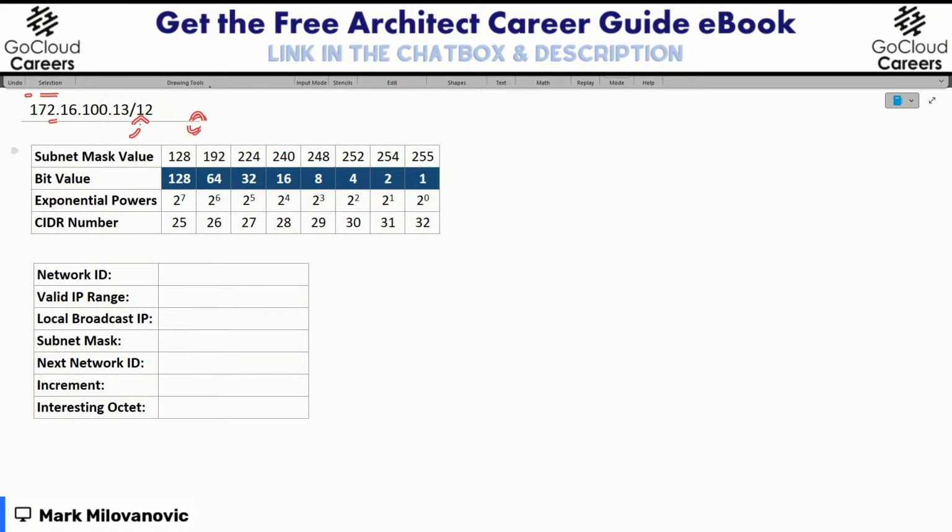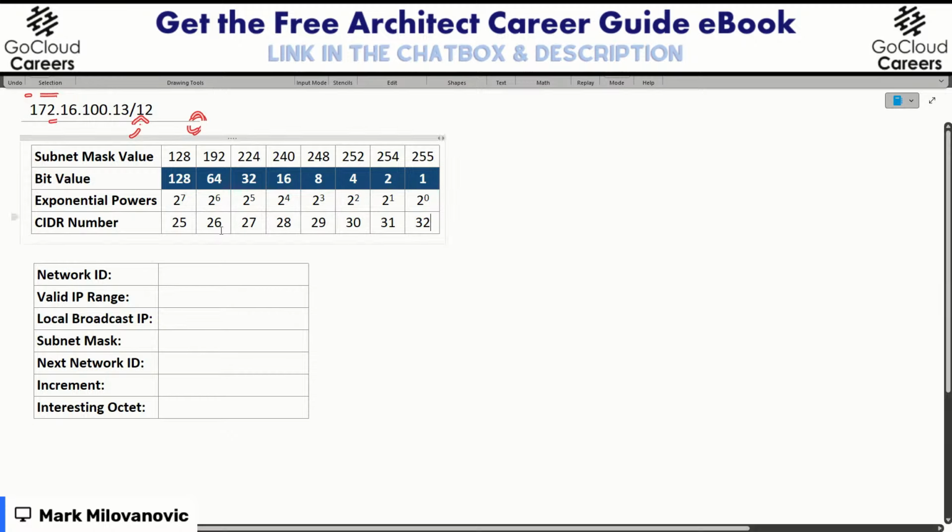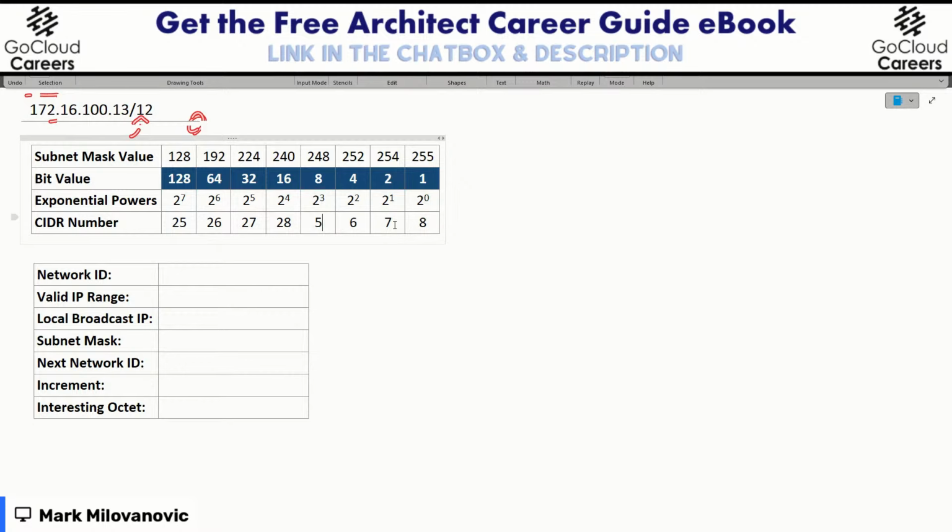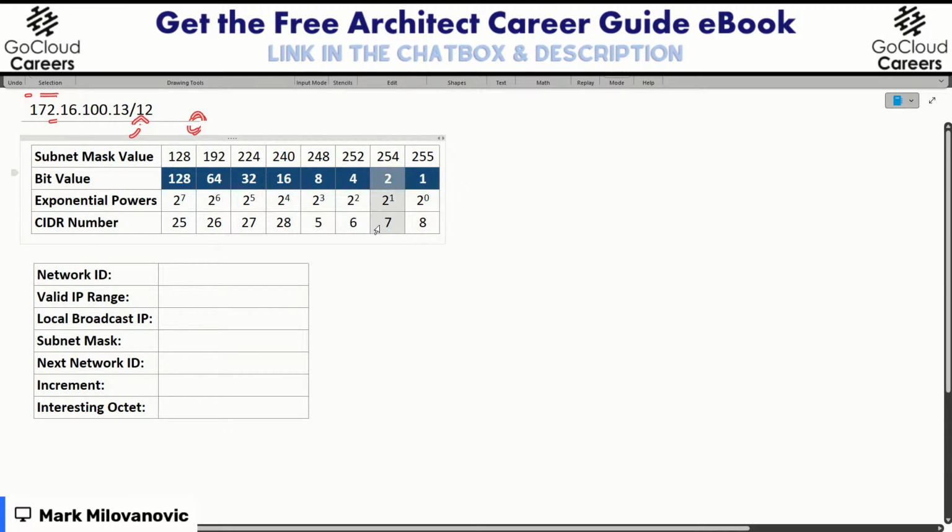So if we look at this table here, I'm going to show you. So this would be my /8. This would be my /7. This would be a 6, 5, and so forth. And if you see that, Advan, take a look. What would be my increment for 7? Well, what would be my increment for 7?